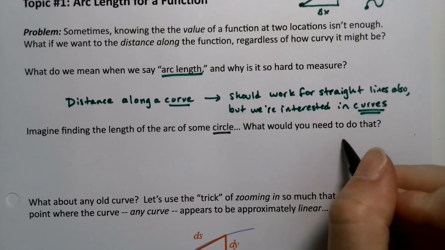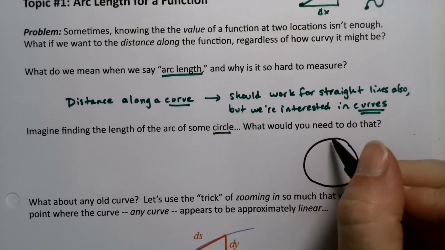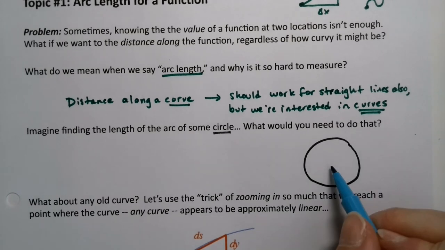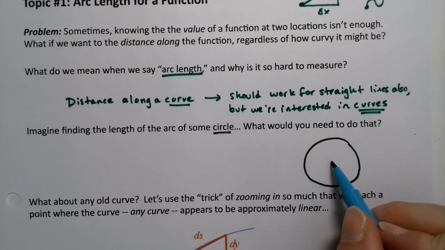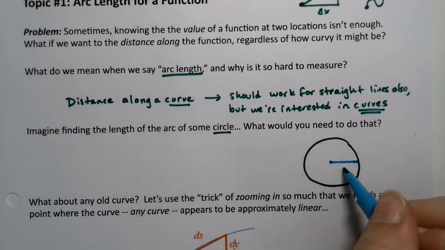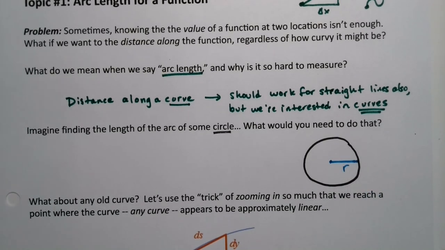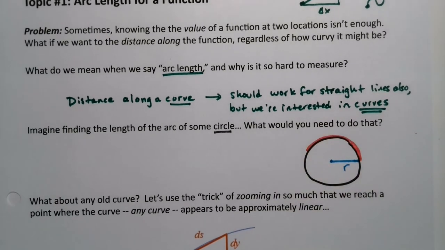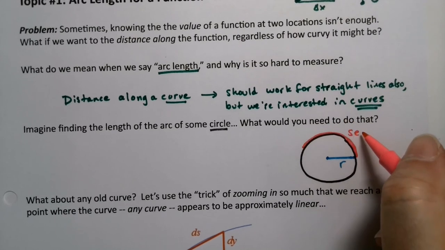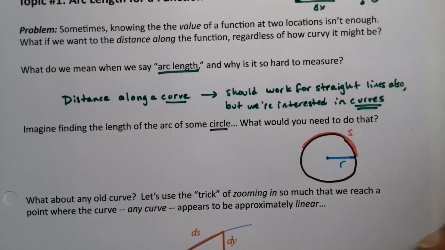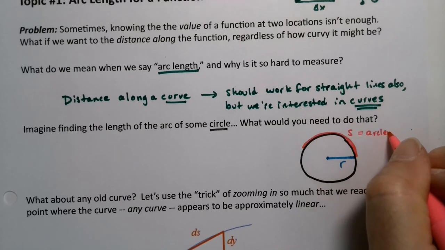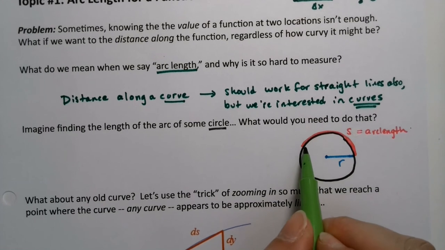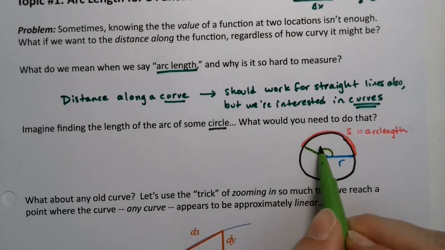A circle, of course, has been known about and worked with as a geometrical object since the ancient Greeks at the very least, and the mathematical formulas were begun by the ancient Greeks. So we know how to find the length of an arc along the circle right here. We call that arc length S. It's equal to the radius times the angle that is swept out,